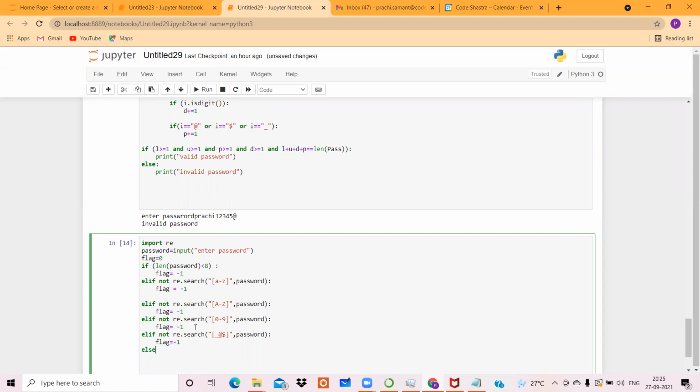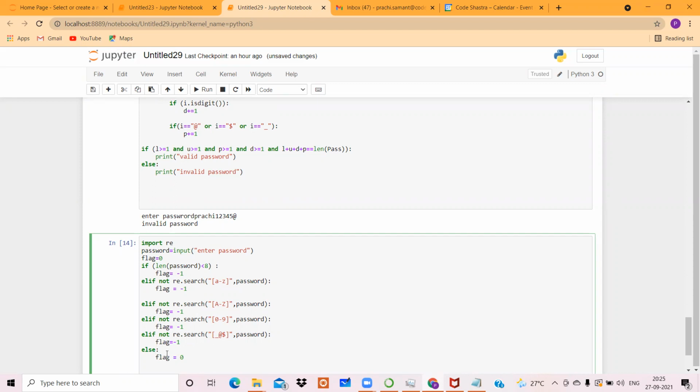And if it is not getting trapped inside your first if, that indicates that there exists at least one lower case character. If it is not trapped in the second if, that means there exists at least one upper case character. Third, not trapped, that indicates there exists at least one digit. Here, if it is not trapped, it indicates there is at least one underscore or @ or dollar. That means if all your values are satisfied, then obviously what will be the value of flag? The value of flag will never be set, and the value of flag will be 0 in that case.